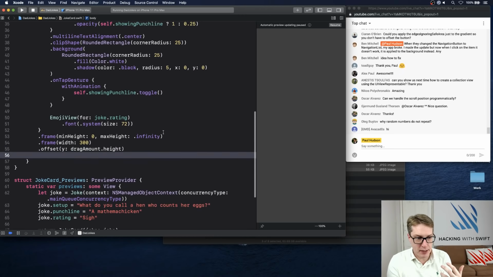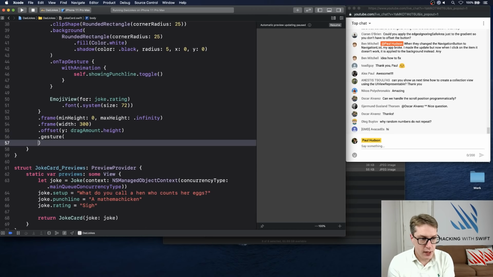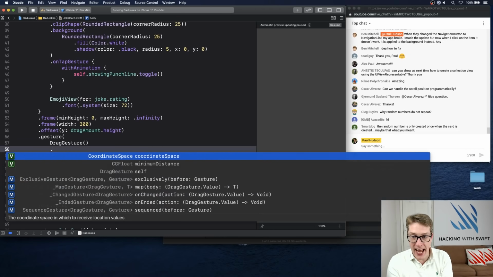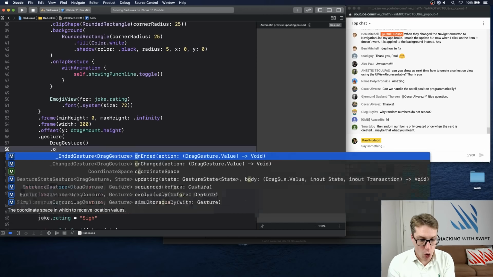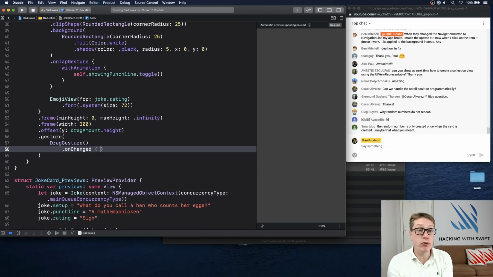Let me scroll down slightly, it makes more space. Attach a gesture to our cards. We can say there is a gesture, like that. I'll do a drag gesture. And drag gestures have a few things we care about, one of which is onChanged. When this drag has changed, what do you want to do? As they're dragging in real time, as they're moving around, I'm going to say, well, assign to our dragAmount property